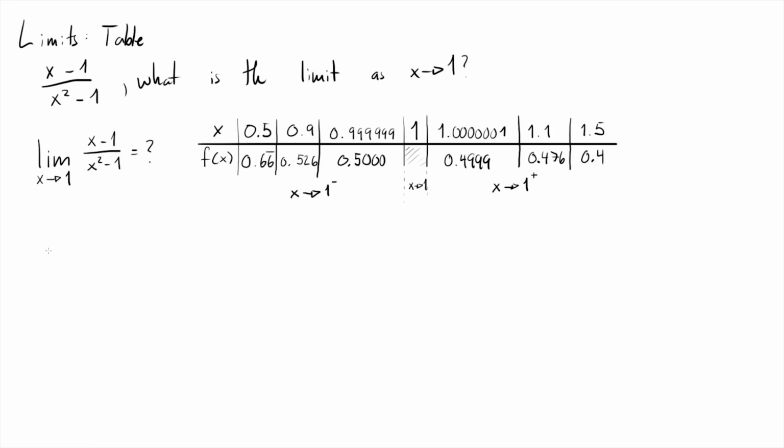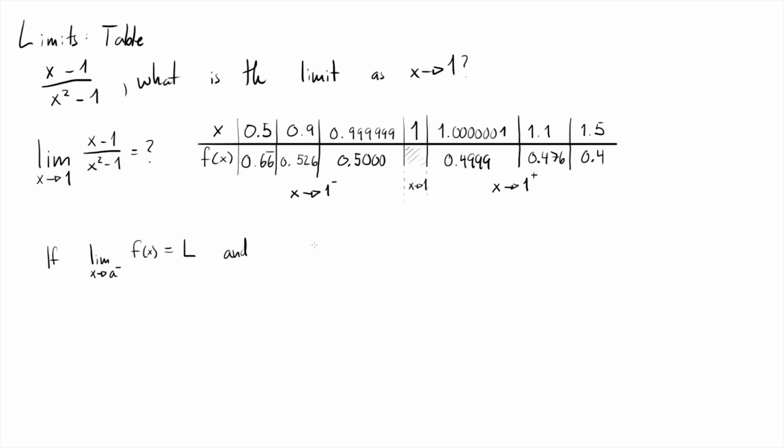The rule is if the limit as x approaches, now I'm gonna generalize this and I'm gonna say some number a from the left of a function f of x. Okay, so if the limit as x approaches a from the left-hand side of f of x equals some number, call that number L,